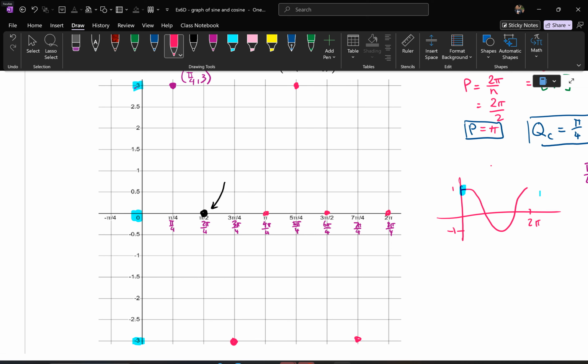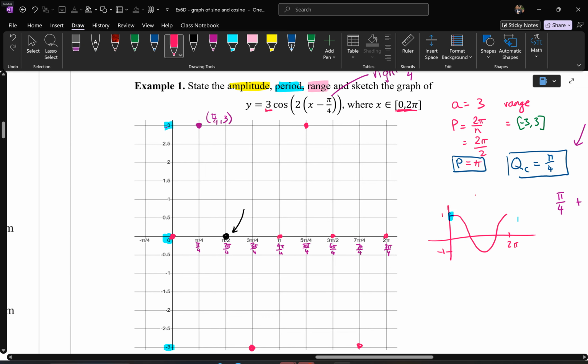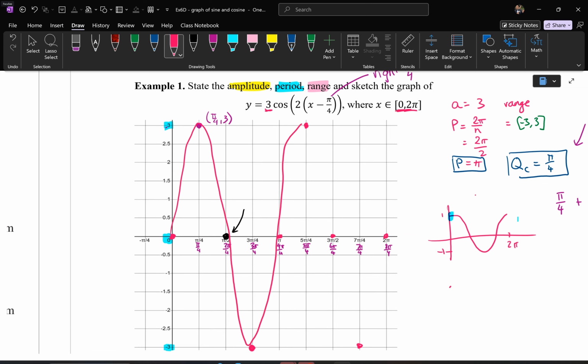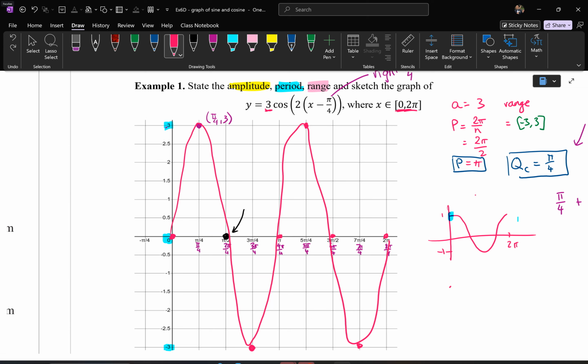And so that was going forwards. If you go backwards, it's then subtract pi on 4. And conveniently, it actually lands on 0. So the domain was 0 to 2 pi. I can already see the graph looking like that. Something like that. And as long as you get middle, max, middle, min, and you've got your scale,